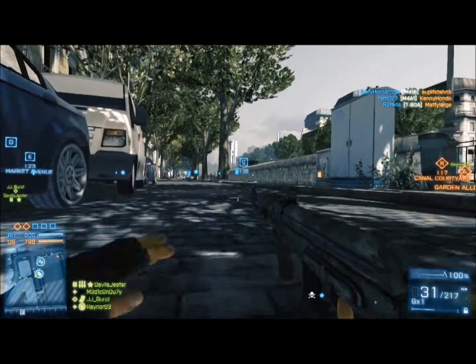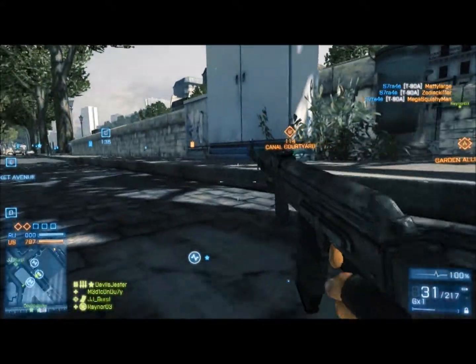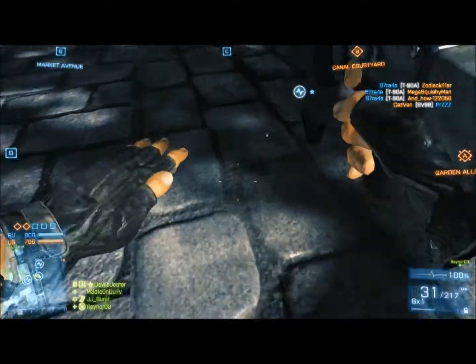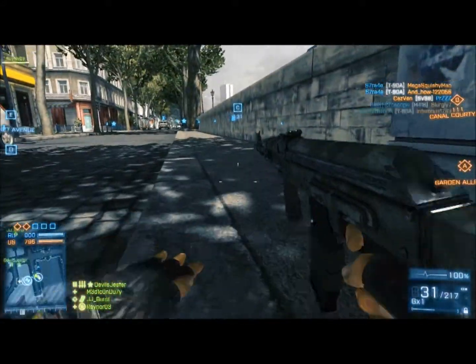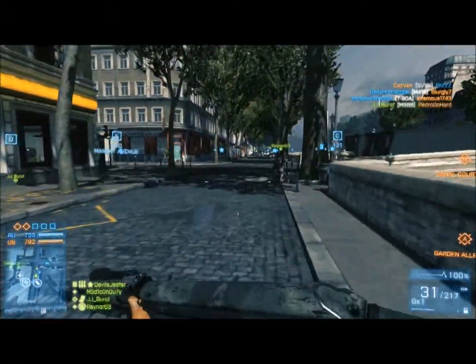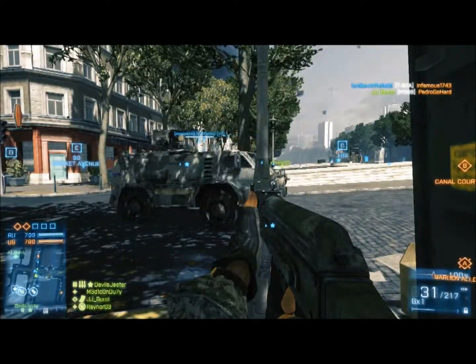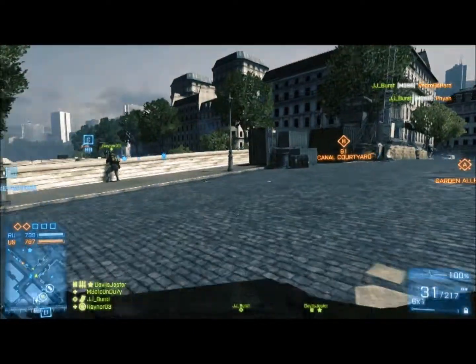for the actual class, I am using the Medic class. I'm running around with, I believe it's the M1911 silenced, the defibrillator, and the med pack, and finally for my primary, the AK-74M with the foregrip attachment because less recoil is always better, and finally the tactical light, which, looking